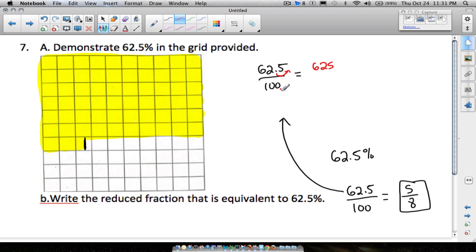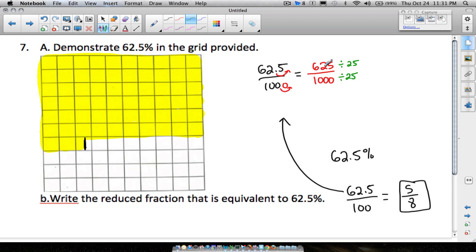But now you have to move this decimal down here one place over, which means we want to add a 0. So what we're looking at is 625 out of 1,000. Now, depending on your multiplication and division skills, you might not know what's the biggest number that goes into 625 and goes into 1,000. What's the biggest factor they have in common? I know that 25 goes into both of them. So let's simplify this fraction.